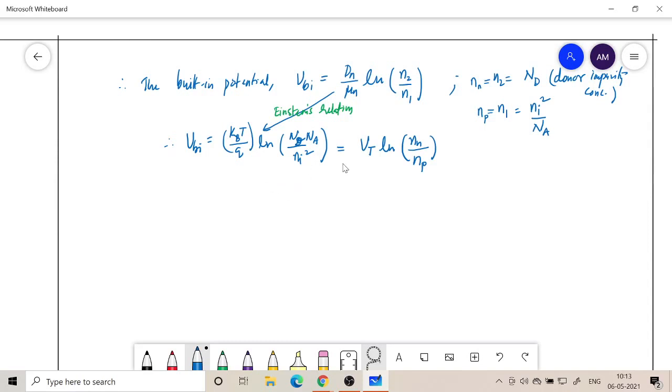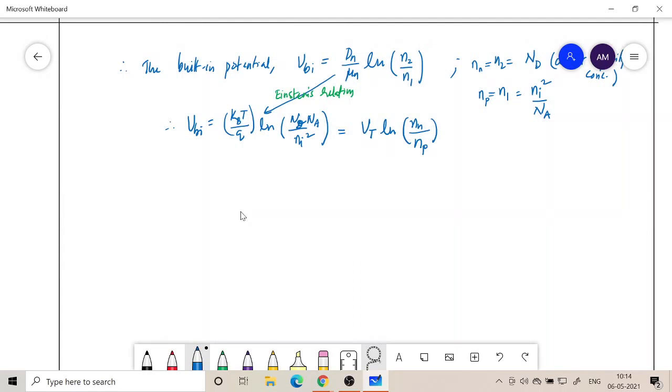And the reason why they differ is because of the ni square. At room temperature, the intrinsic concentration of germanium and silicon is very different, because it is very easy for electrons to go from the valence band to the conduction band in the case of germanium compared to silicon, because for silicon there is more energy gap between the valence and the conduction band. So that's how the 0.7 and 0.3 etc. comes. The origin is like that.